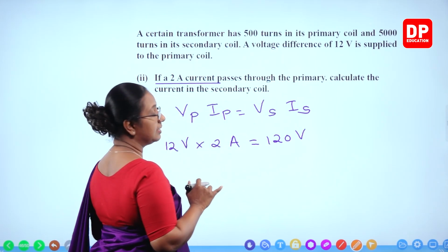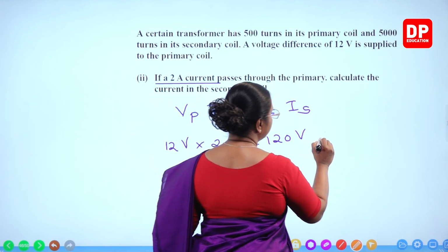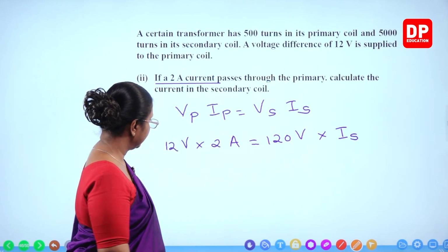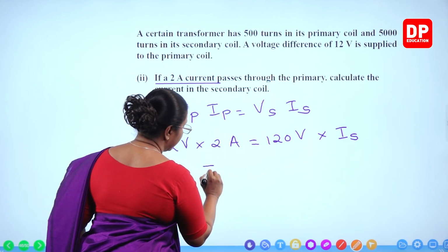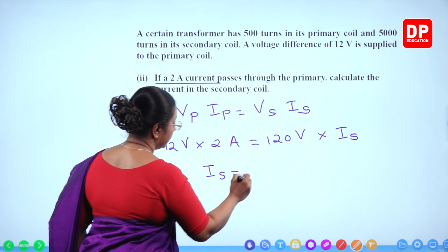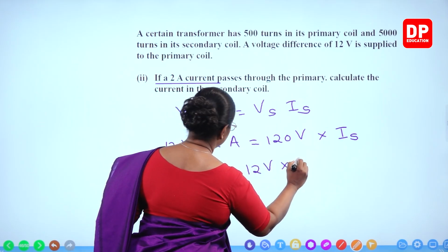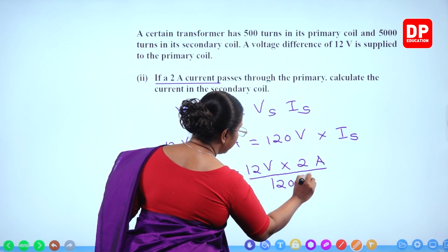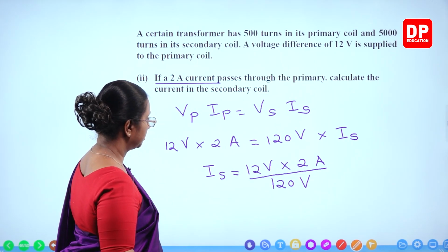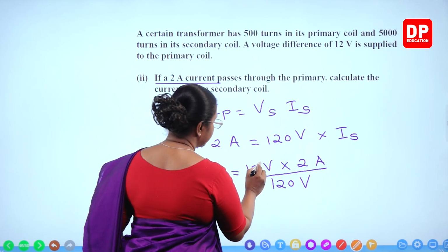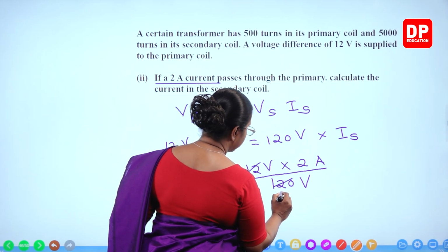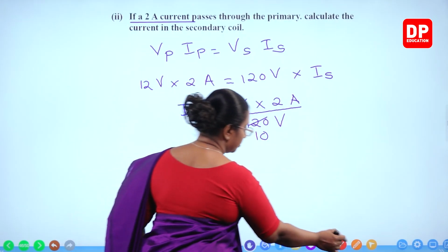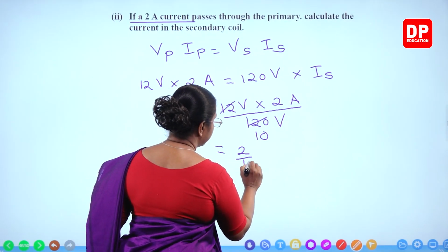We calculated it in the previous question. We need to find the current output, I secondary. So here again, if you rearrange, I secondary is equal to 12 volts into 2 amperes divided by 120 volts. So there, of course, you can see 12 and 120 is 10 times. So that is going to be equal to 2 over 10,